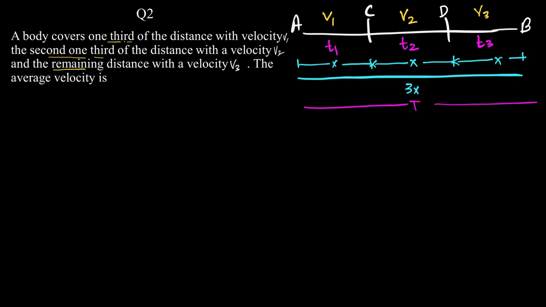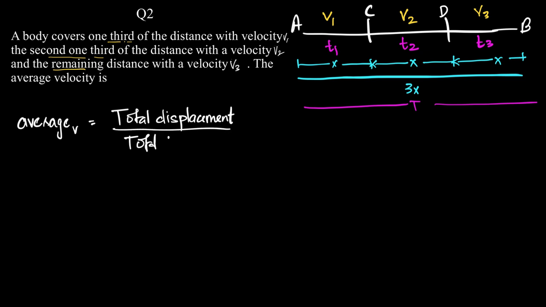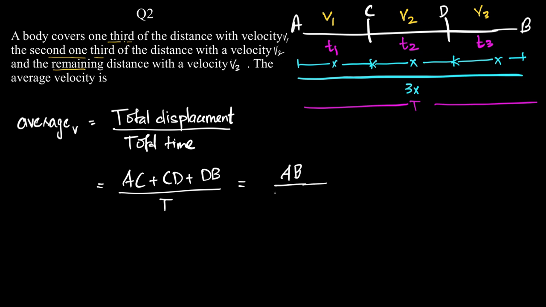Now let's write down what average velocity is equal to. We know that average velocity is equal to the total displacement upon the total time. Now, what is the total displacement? The total displacement is AC plus CD plus DB, the whole upon the total time taken, which is T. The total displacement is AB basically, and the total time taken is the sum of t1 plus t2 plus t3, right? And how much is AB? AB according to the question is 3x. So we can write it as 3x, the whole upon